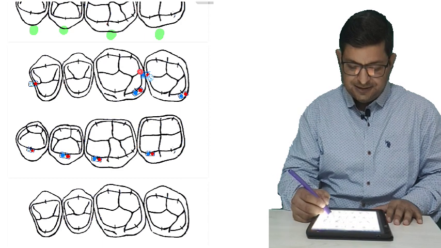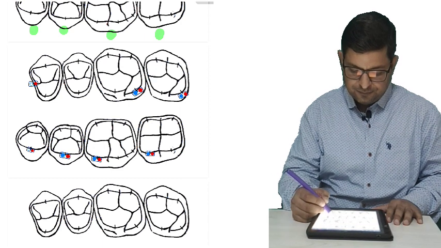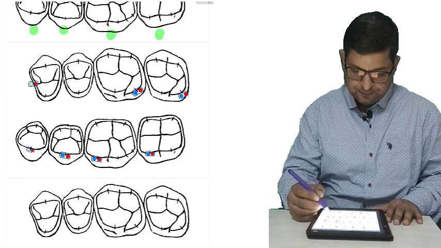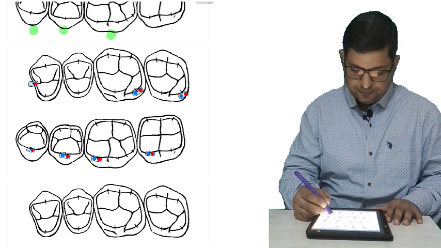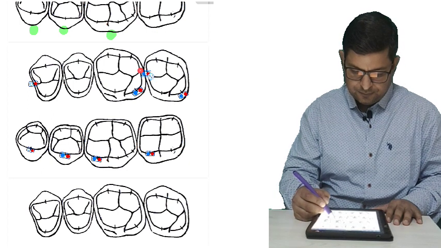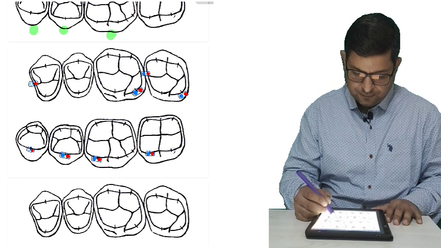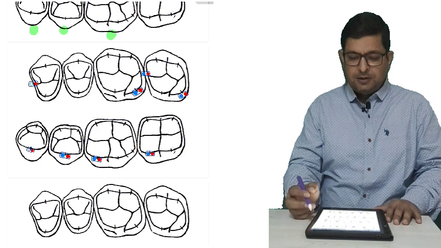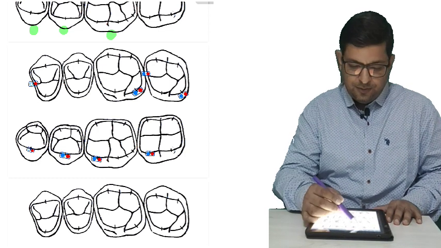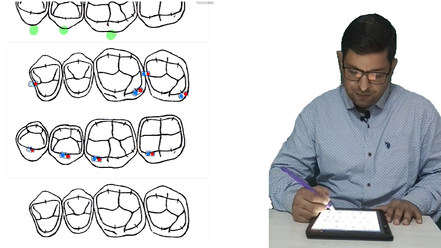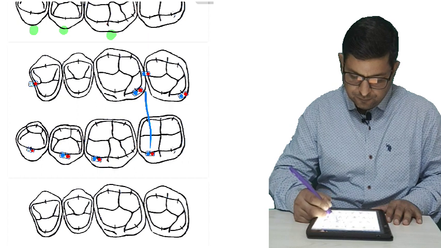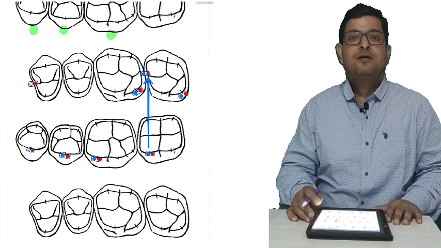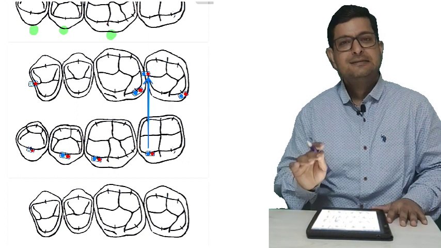the marginal ridges of the upper first molar and second molar.